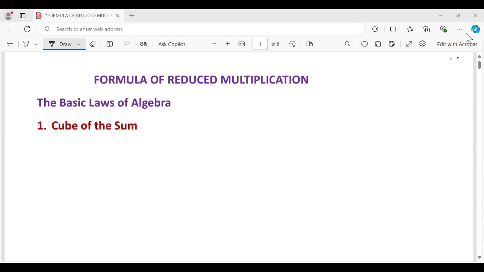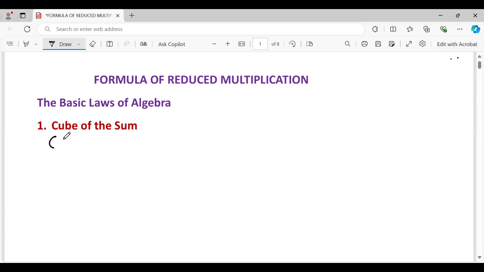In this video, I'm going to discuss the second lesson regarding the formula of reduced multiplication, the basic laws of algebra. The first topic we're going to learn is about the cube of the sum. Let's get started. I'm going to start with